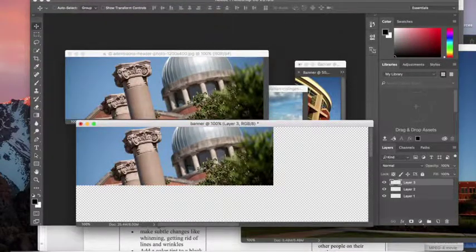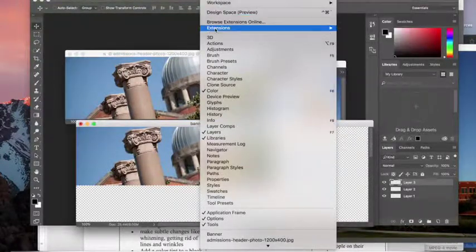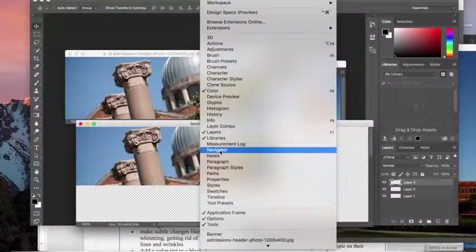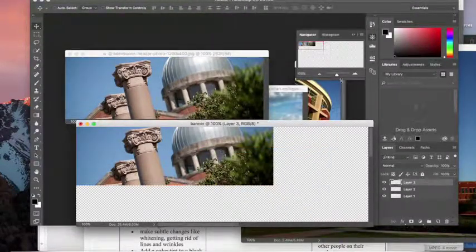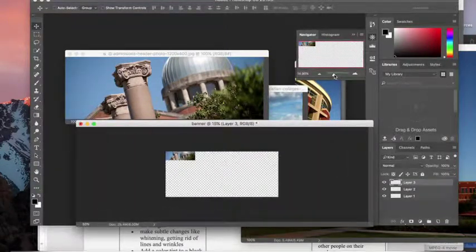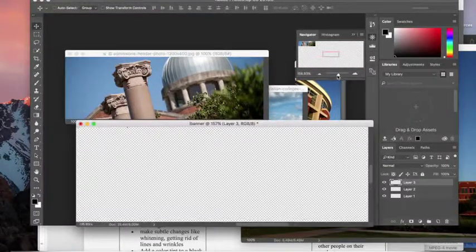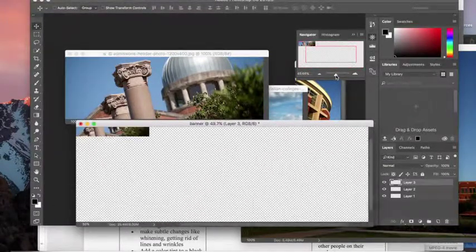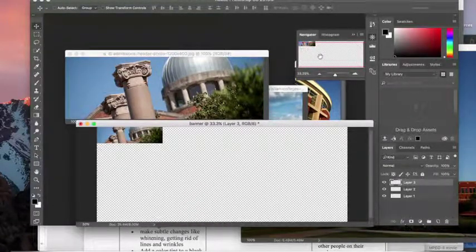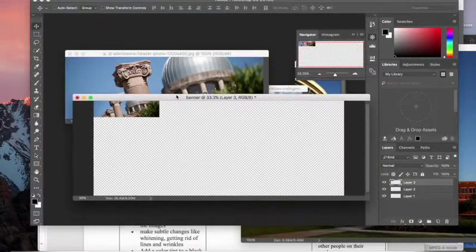Now let me also remind you, I can go under Window and go to Navigator because I'm seeing 100% right here, seeing this little window, and sometimes it helps me to see a different perspective, you know, how much of it, what does it really look like. So at 27% or whatever. So anyway, I have this file,